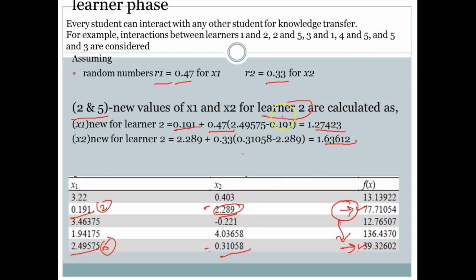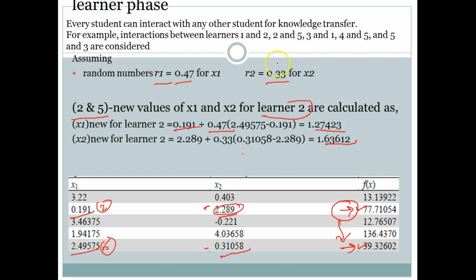So similarly, we will be taking two learners at a time. We will compare their objective function value, and whichever is minimum will be used to update the other values. So every time the learners need to interact with each other, the one who has the higher objective function value will learn from the learner who has the lesser objective function value. So we'll take 2 and 5, 3 and 1, 4 and 5, 5 and 3,